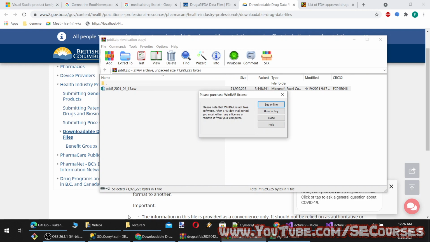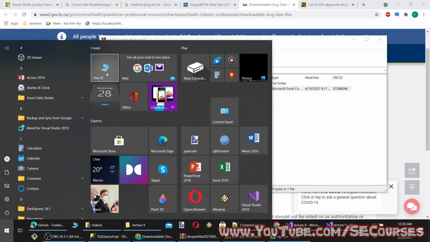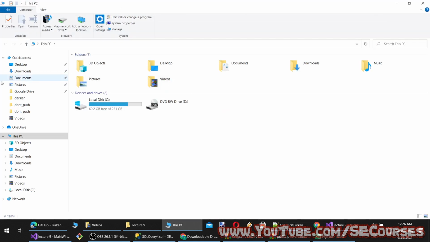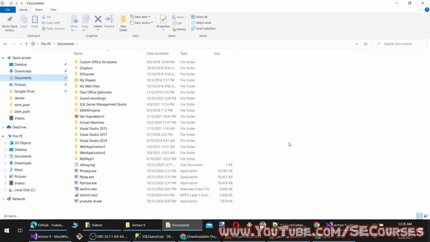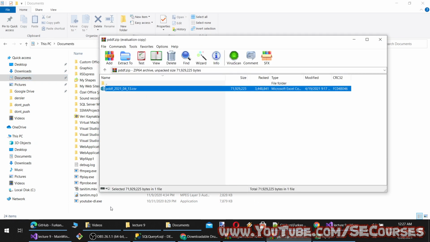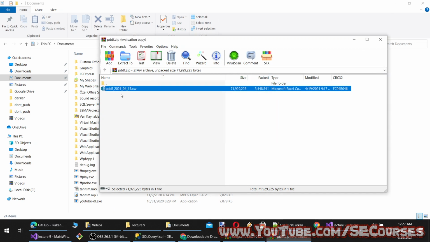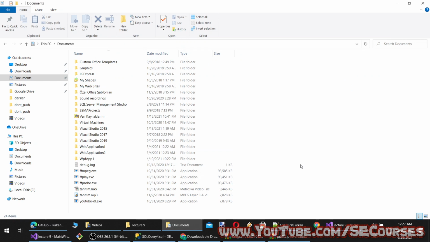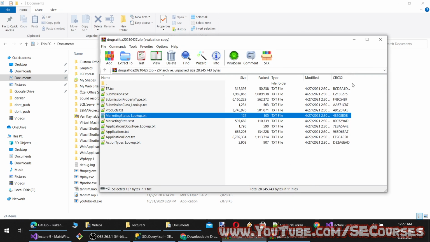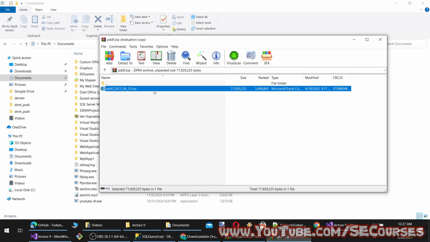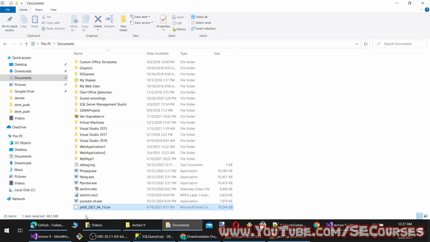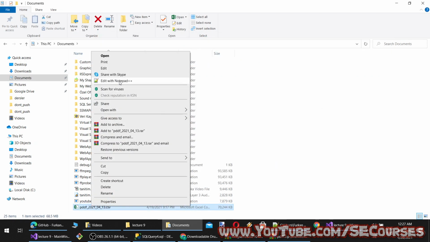I think I can open this in Notepad++. It would be faster. So let's extract it to here. Okay, Excel is causing too much time. So let's edit it with Notepad++.